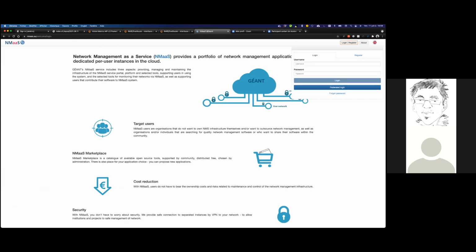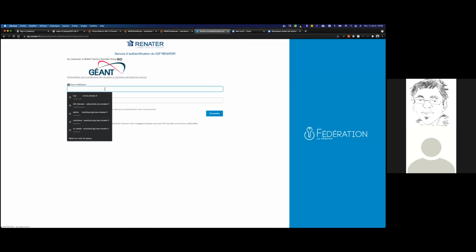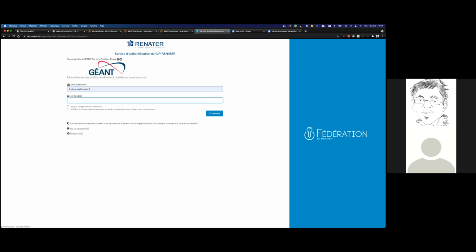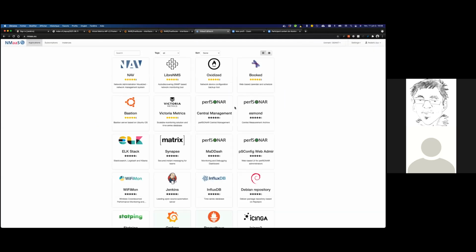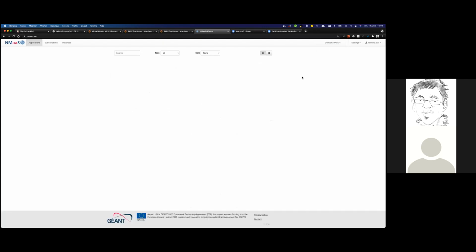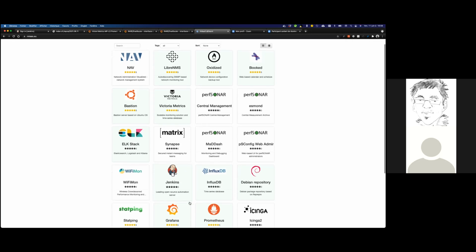Essentially, you have a domain here. NMaaS is connected to Edugain, which is perfect because the idea here is to not lose time and repeat all the login and credential creation. As a domain here, for example, I'm the domain manager for the RARE domain, and I see that I have a bunch of applications. I have deployed some applications that are helping us to manage this